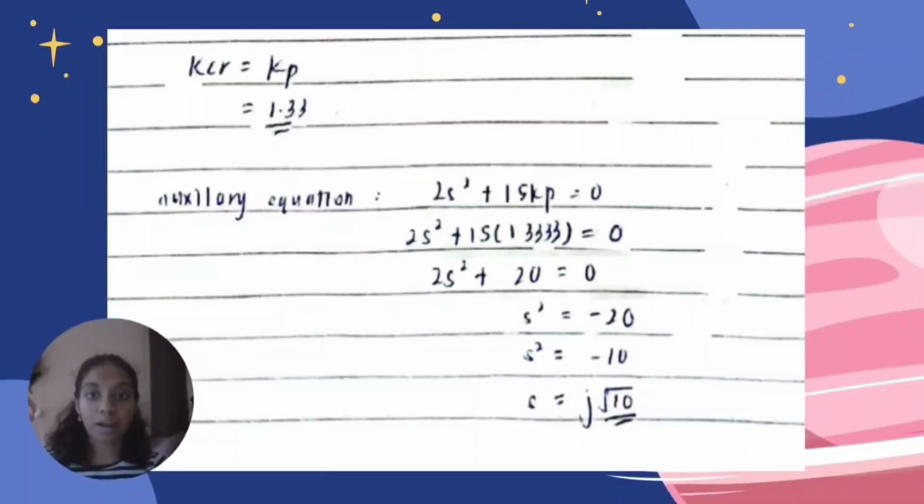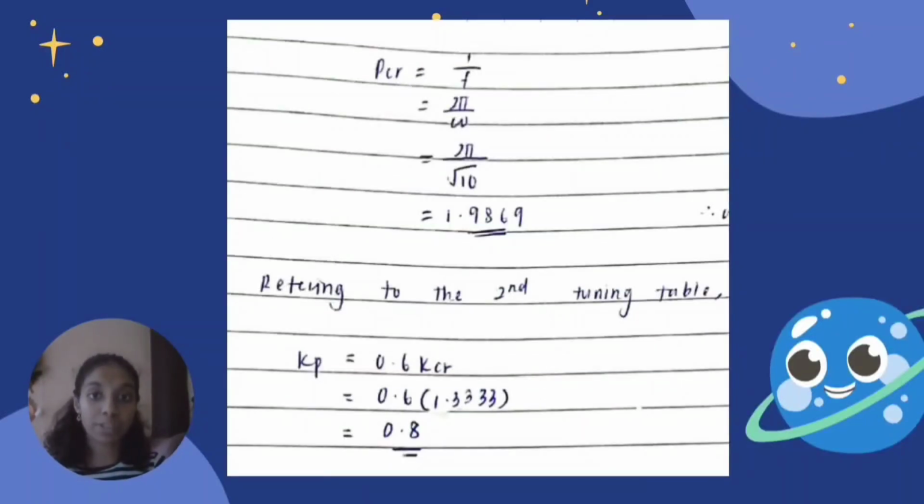Now we can find the value of our Kcr. Kcr is also known as Kb. So since we already know Kb is 1.3333, now our Kcr is also 1.3333. So now we will need our auxiliary equation to find our Pcr, which is equal to 1 over f, which is equal to 2 pi over omega. Once after substituting the value in, we get